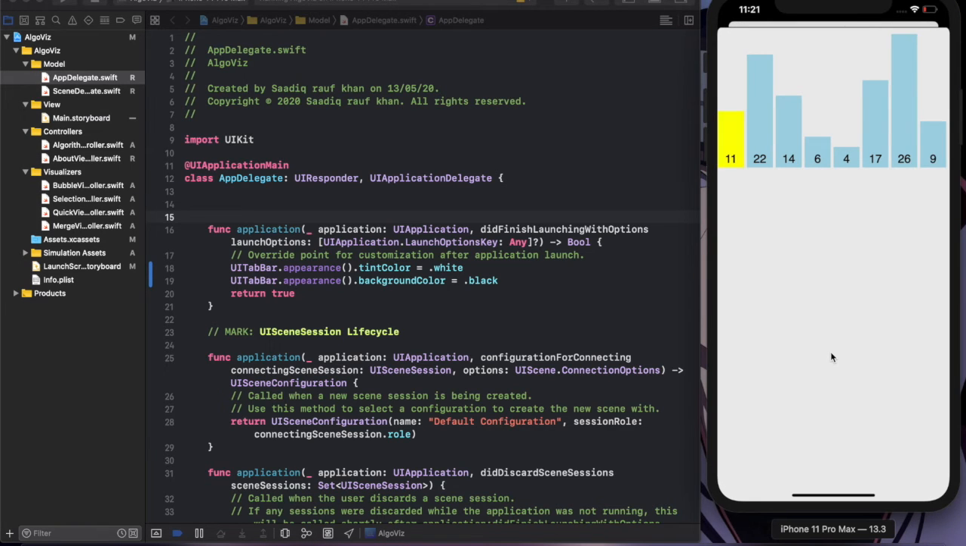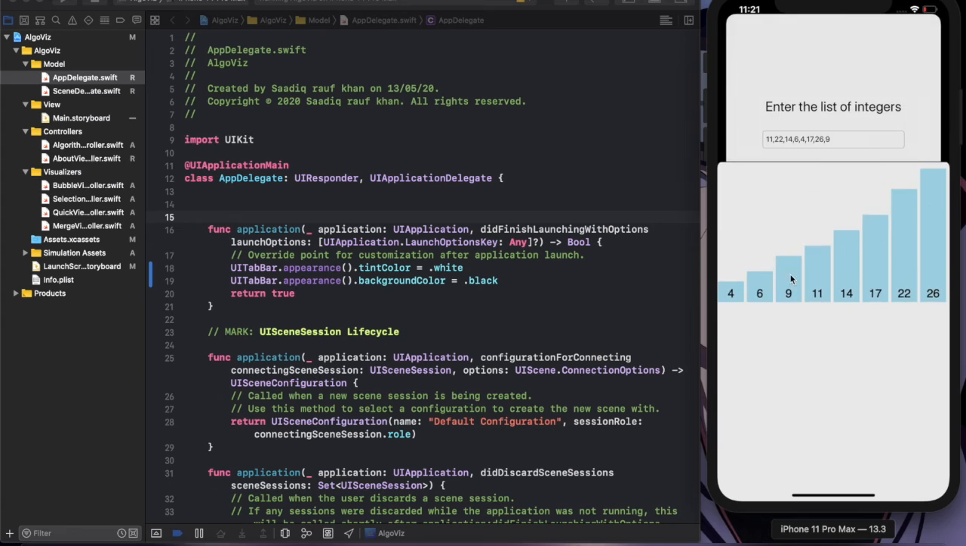Now the visualization has started, and we know how quick sort works. It takes an element, a pivot element, places it at the correct position, and sorts the elements left of it and right of it accordingly. You can see the pivot element was 11, and all the elements to the left of it were smaller than 11, and all the elements to the right of it were bigger than 11. You can see it is very fast compared to selection sort and bubble sort, because its time complexity is big O of n log n. So the list is sorted. Now going back to the home screen,